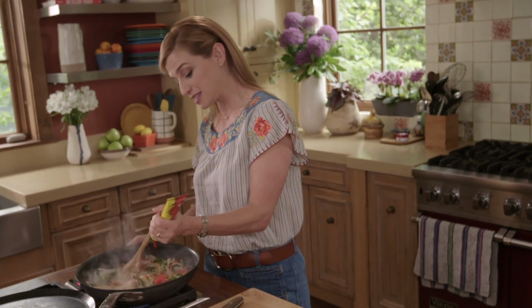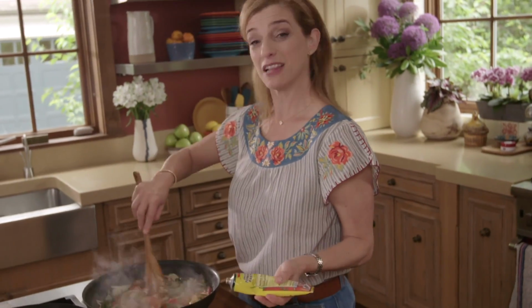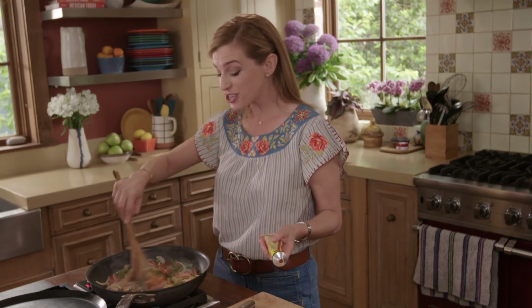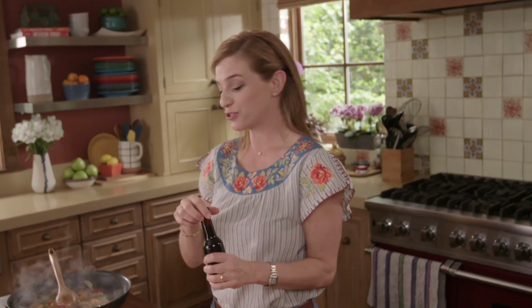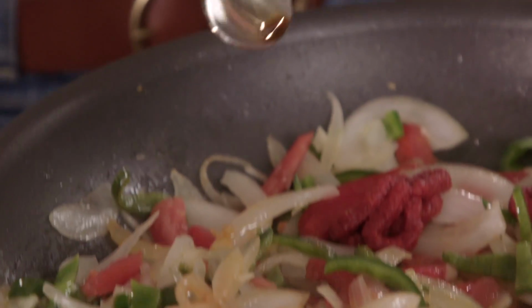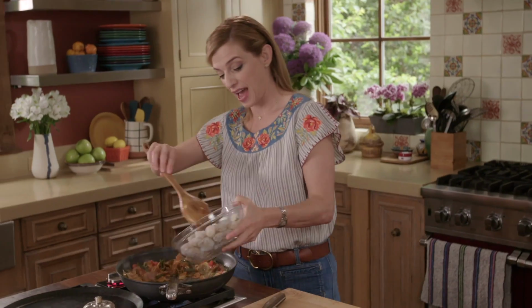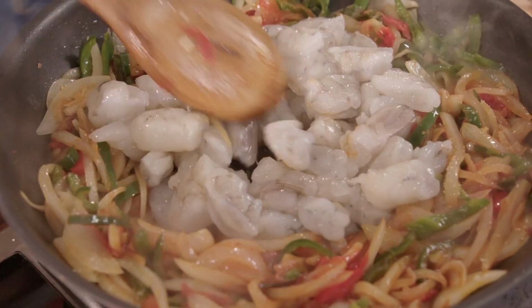2 tablespoons about of tomato paste. It's gonna give it a little bit more sweetness. This looks like such a delicious mess already, and I love delicious messes. And I'm adding 2 teaspoons of your favorite sauce, Worcestershire sauce, W sauce, half a teaspoon of salt, and I'm gonna add the shrimp right in the middle, 1.5 pounds, and these look